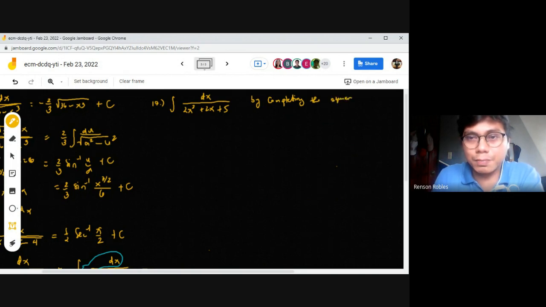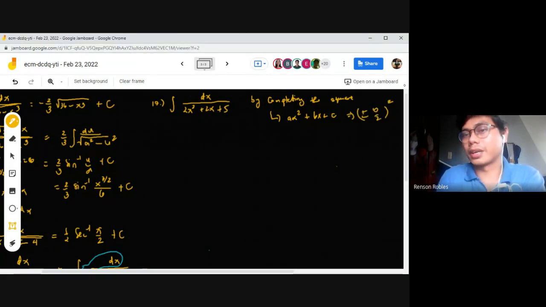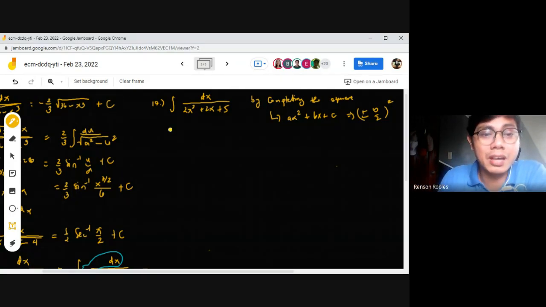So, again, this completing the square is only applicable for ax squared plus bx plus c. Okay? But you have to make sure na yung a ay ilalagay niyo sa ilalim, kasi you'll be adding plus or minus b 1/2 and then square. Okay? So before you do that, you must factor out 2. You have